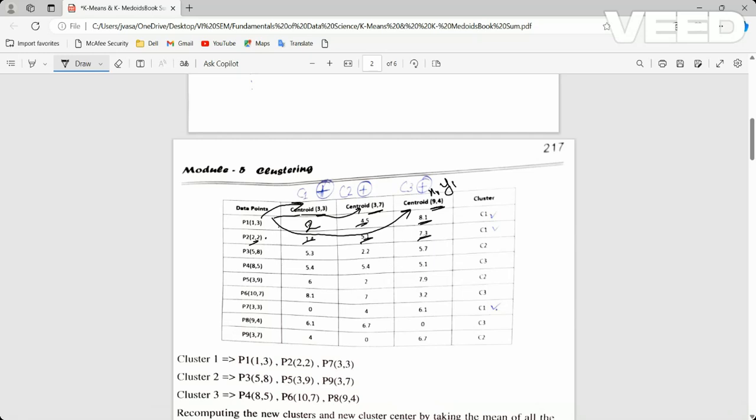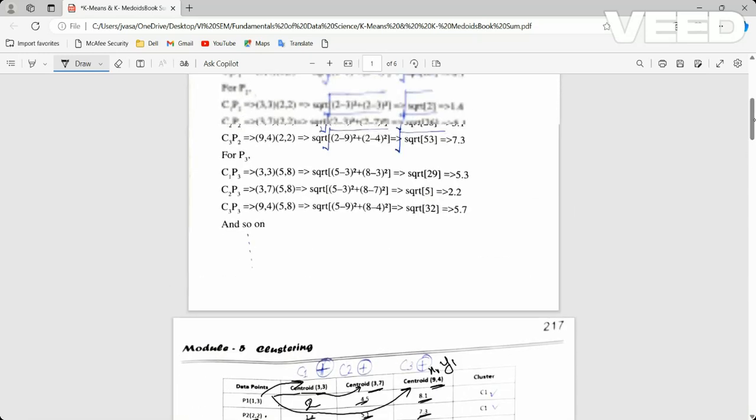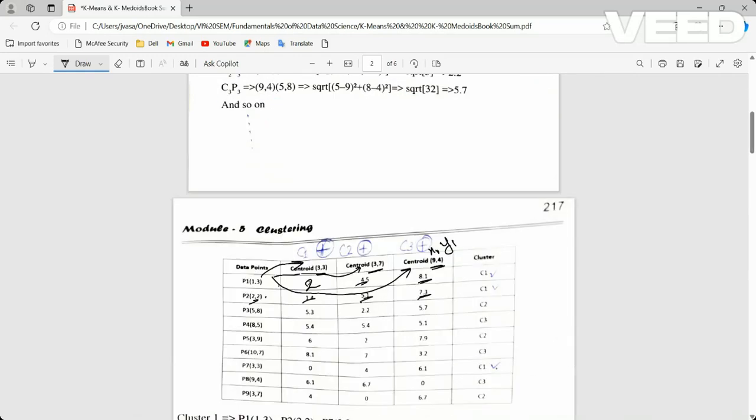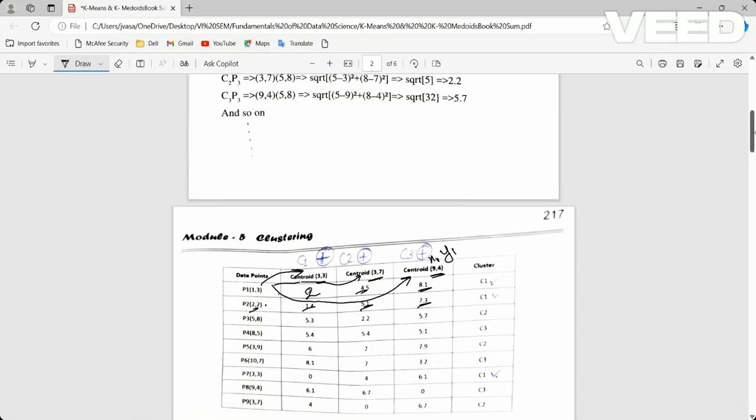Likewise, it proceeds with the Euclidean distance, right? So just remember the formula of the Euclidean distance, right? It is the square root of x2 minus x1 the whole square, plus y2 minus y1 the square. So you will just compare this first 3 points that you have randomly chosen and find the Euclidean distance and come to the